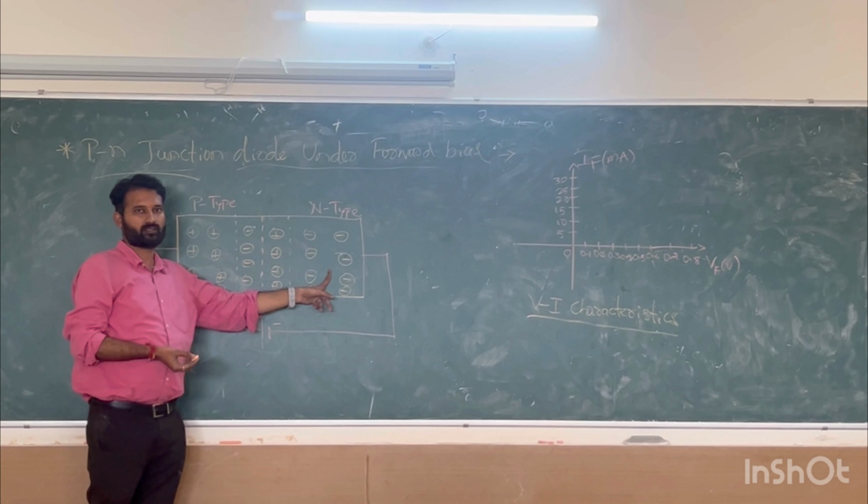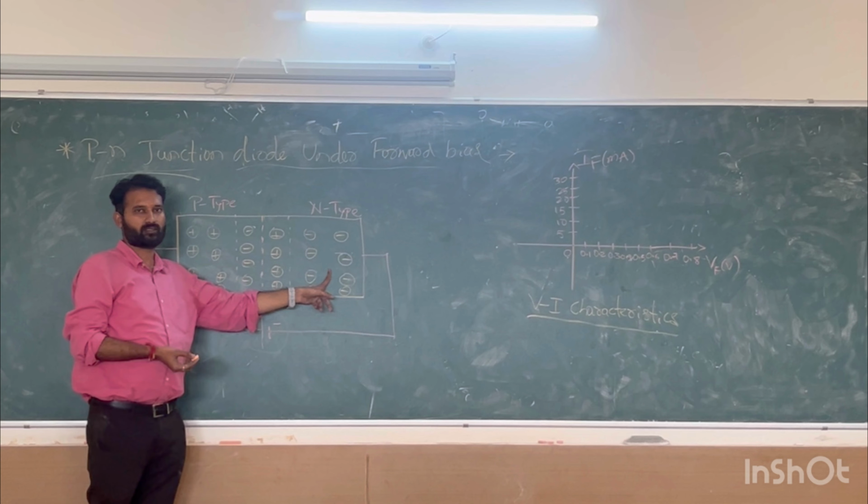What do you mean by depletion layer in general? A wall, a door. A door will stop any other entry. If you put a door stopper, no one can enter. Same thing: can you go and cross beyond this? No. So depletion layer means it's a barrier. This is nothing but a barrier.